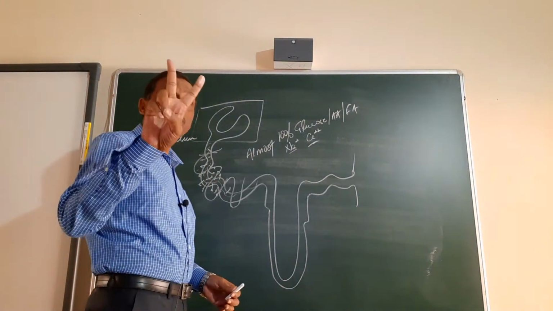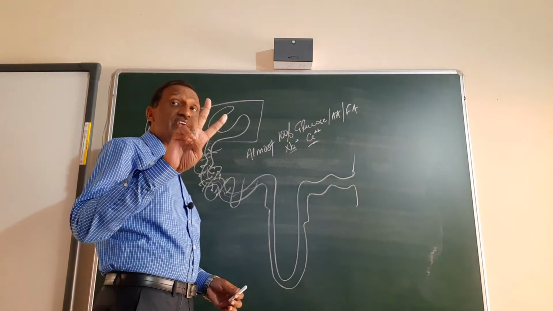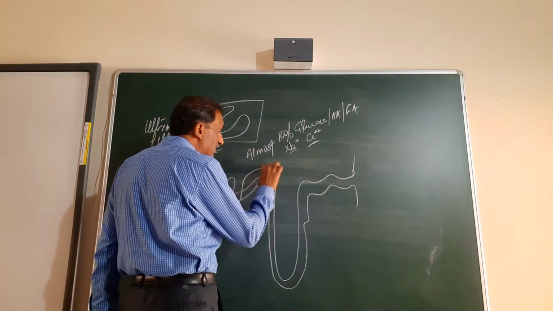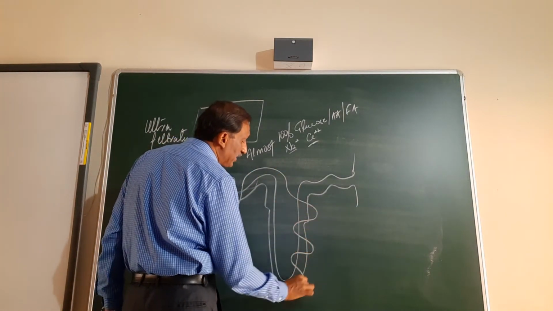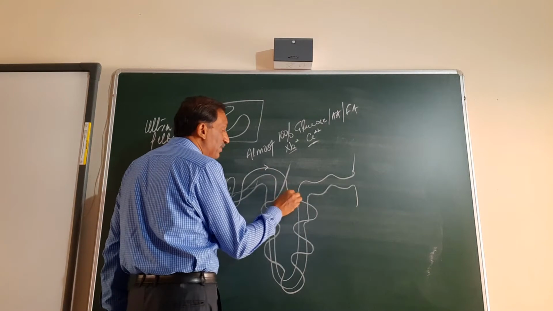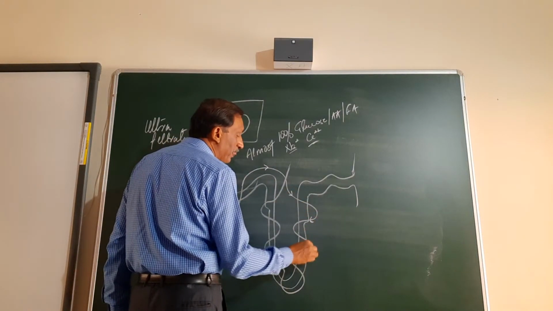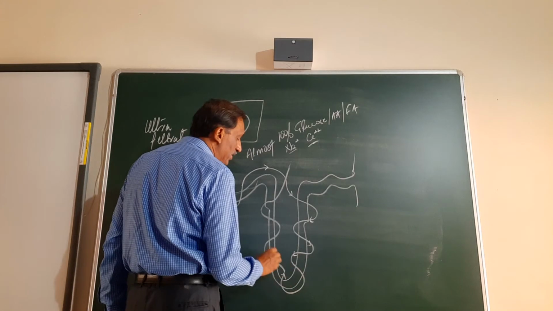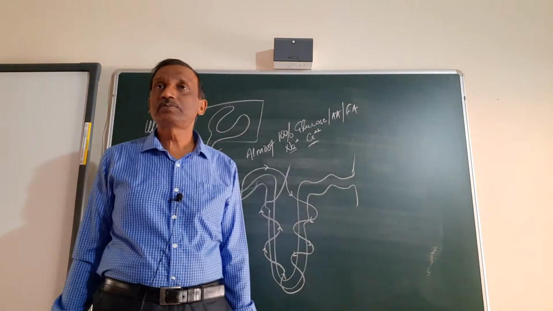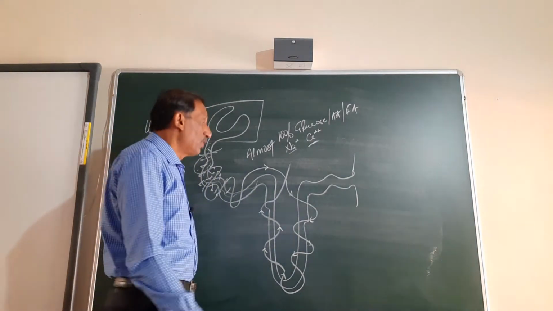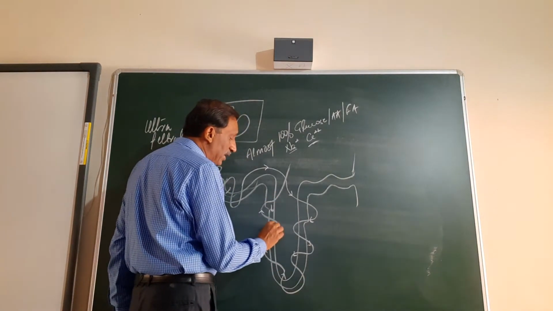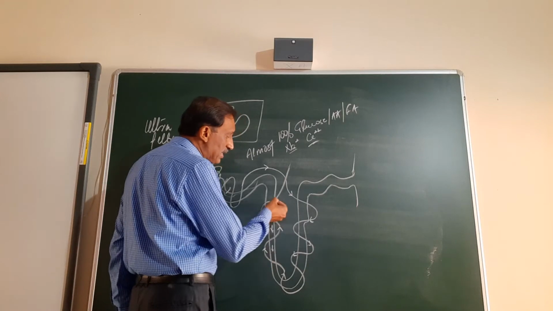There are two kinds of countercurrent mechanism. What is happening? What we studied earlier: when the vessels come around the Henle's loop, what did we call them? Vasa recti, the blood capillaries which surround the ascending and descending arms of the Henle's loop. Now have you seen what I had done? When the filtrate is moving down, the blood is coming up. Filtrate is moving down and blood is coming up.